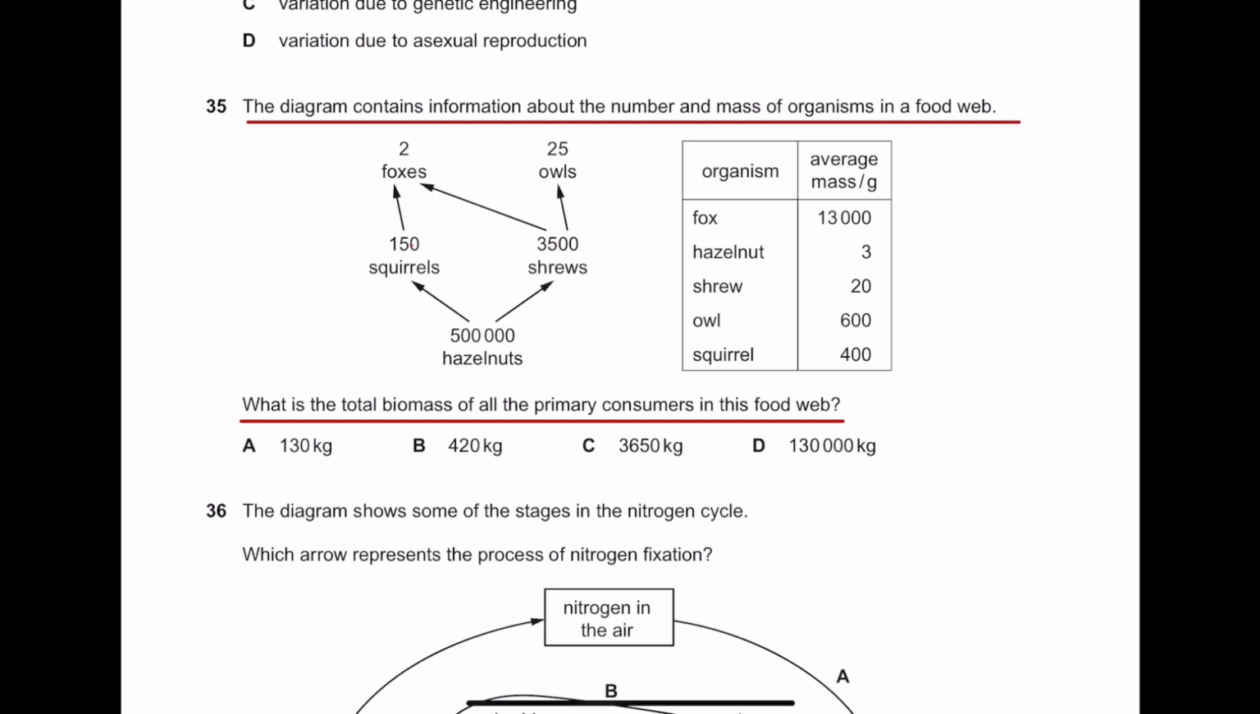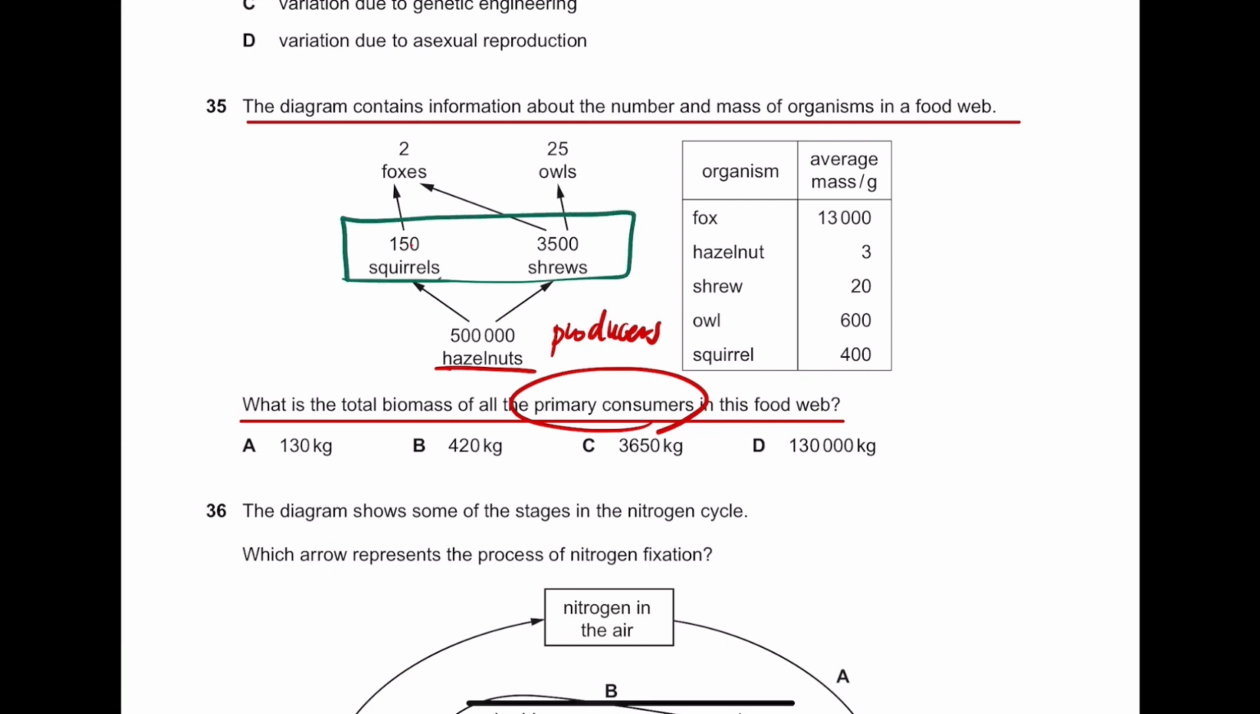Okay, so we just have to figure out what the primary consumers are. So hazelnuts are, of course, producers, right? Producers are often plants. Hazelnuts are plants. And the next one that eats hazelnuts is, of course, the primary consumer. So, squirrels and shrews. So if there are 150 squirrels, and if there are 3,500 shrews,